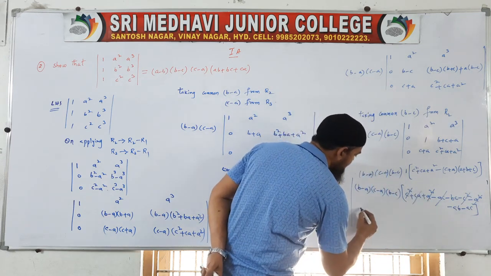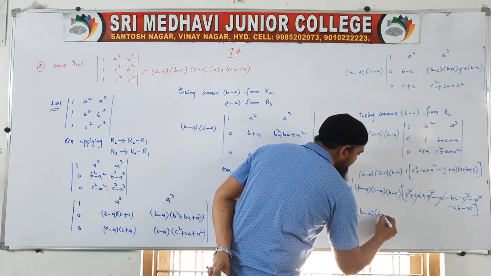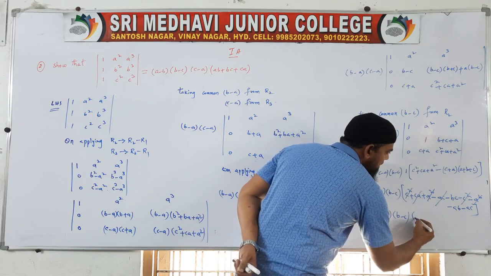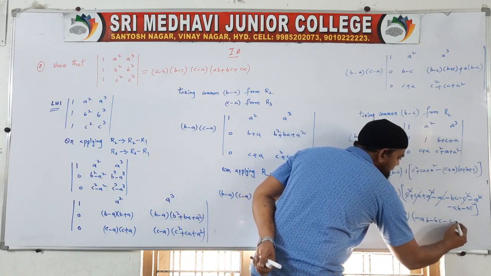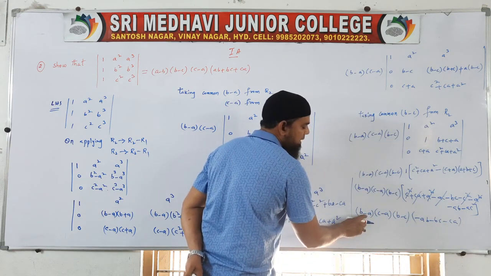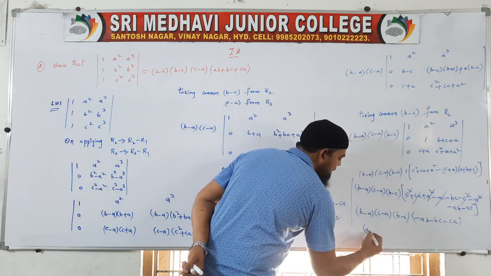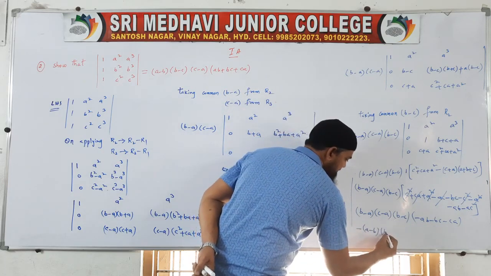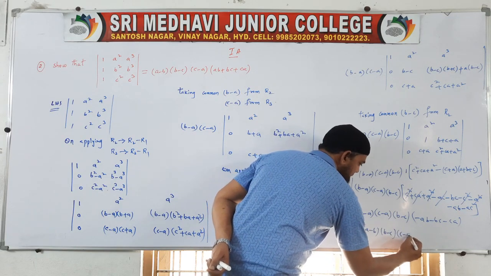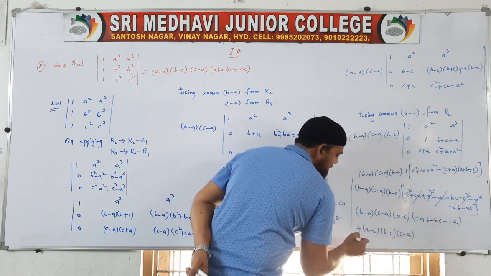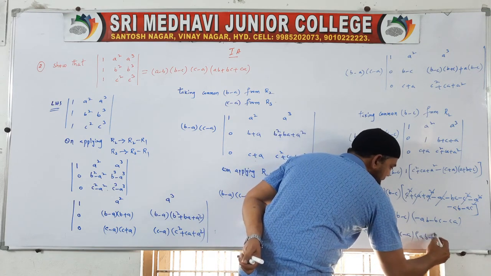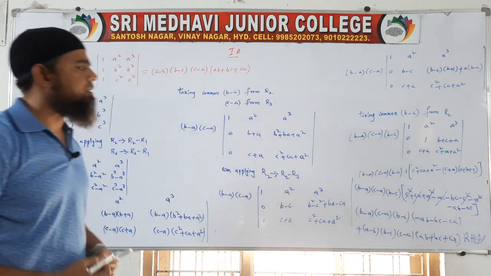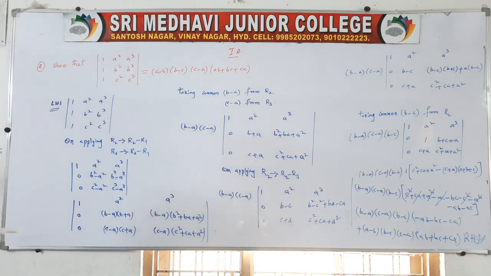What are the remaining terms here? B minus A, C minus A, B minus C. Here you are getting minus AB minus BC minus CA. See, one minus I am taking common from this, then automatically it will become A minus B. Minus is there. A minus B, B minus C present here, C minus A also present. From this, again one more minus I am taking out, automatically it will become plus AB plus BC plus CA. RHS. Problem is completed.